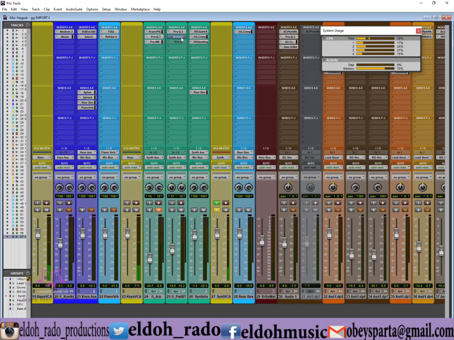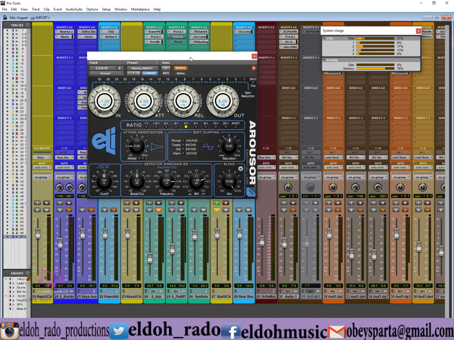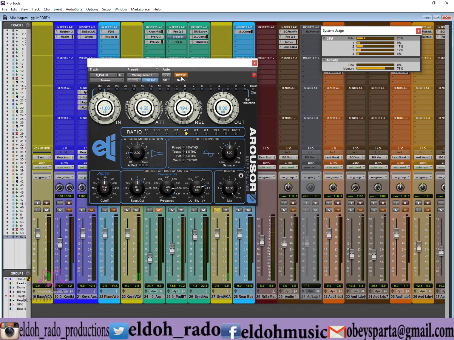Secondly, I use Imperial Labs Arosa. It's a de-stressor. It's modeled from their own de-stressor. So looking at this, it looks really crazy. I mean, come on, you don't normally see plugins like this unless it's from UAD. Anyways, what I did for this particular track